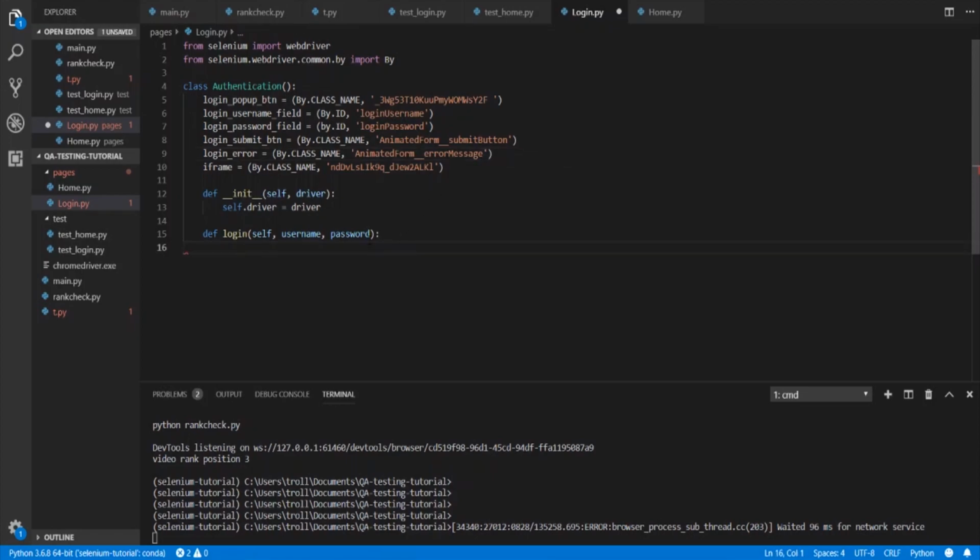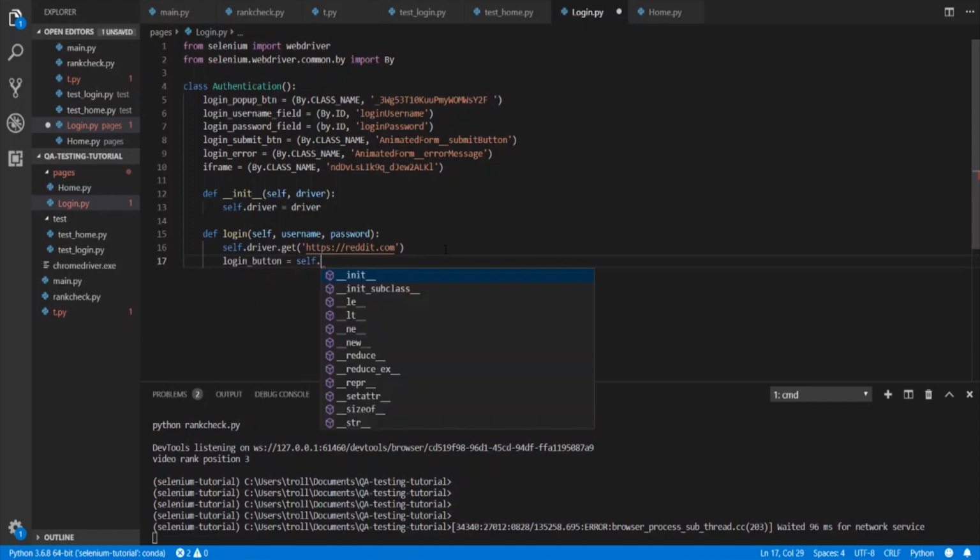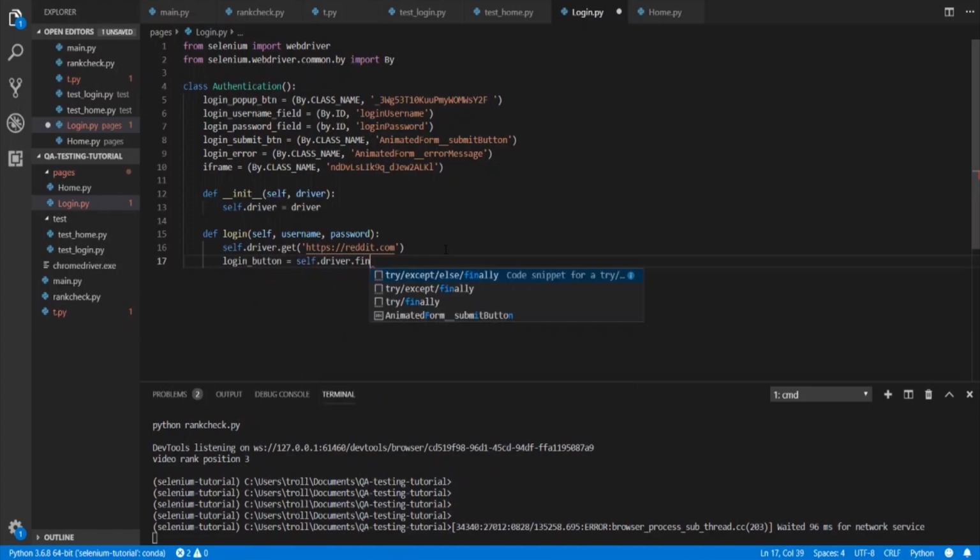So now we have that, we can start using these elements in our code. So first thing we're going to do is driver.get https reddit.com, so just go to the Reddit homepage, and then we're going to grab our login button. So we're going to do login button equals self.driver.find element,